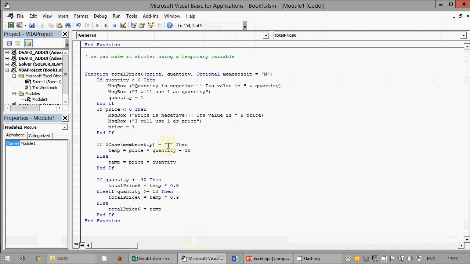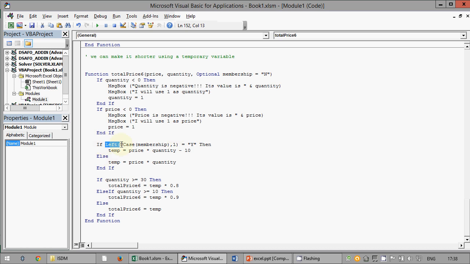So the first thing whenever you check a text parameter is to use this trick, because people usually don't care about writing capital and small cap letters. The second check that I suggest, especially in cases like this where you use Y for yes and N for no, is to use also Left, comma 1.